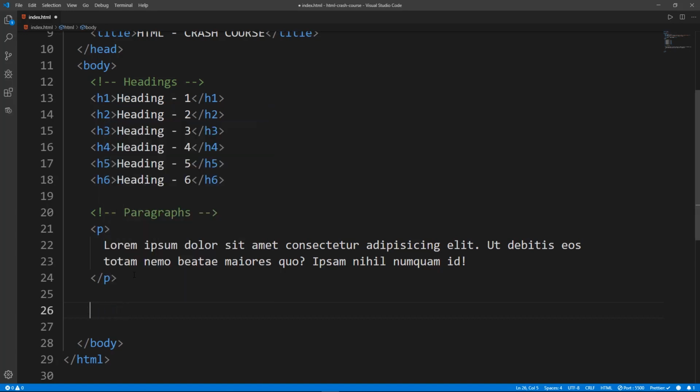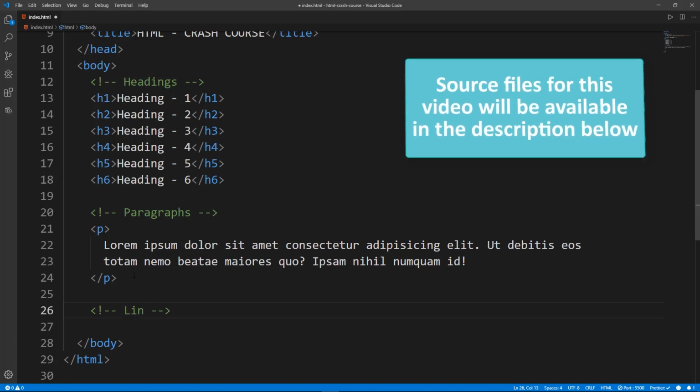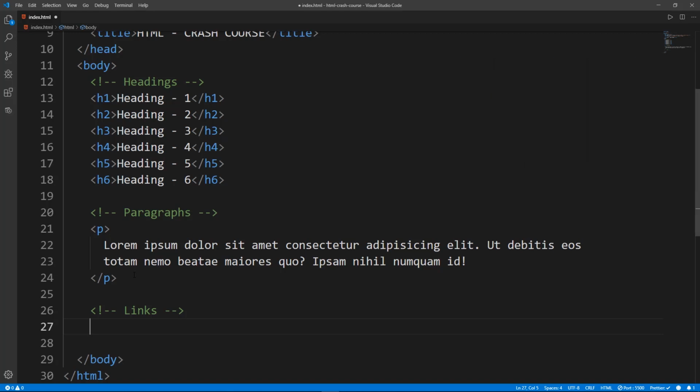Let's type another comment. Links. We are going to generate a link in HTML using the tag A. In the A tag, you can give some data inside the brackets as well. You have the angular brackets, so you have the opening tag. Inside the opening tag, you can give some attributes. These attributes are specific to that specific tag. For the A tag, you have an attribute called href. It's a hyperlink reference. What it means is that when you click on that link, let's say you type in here